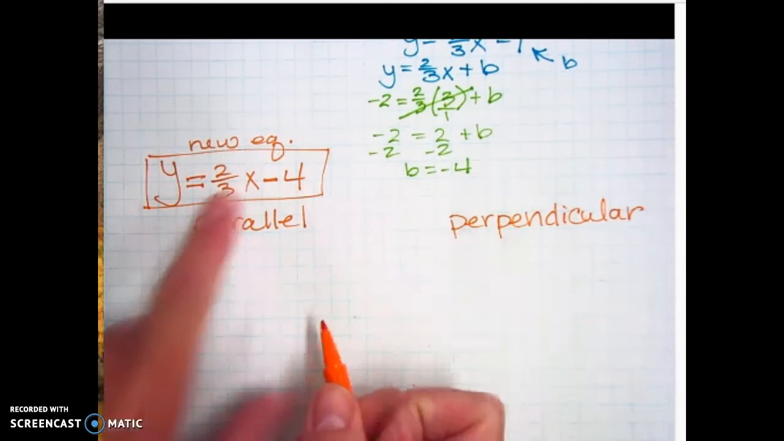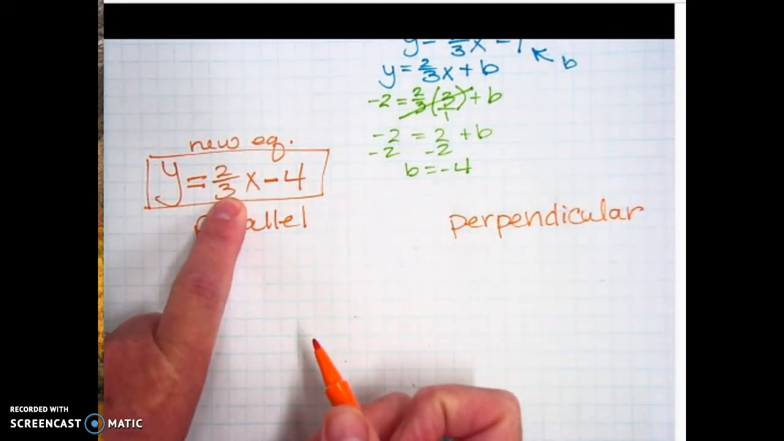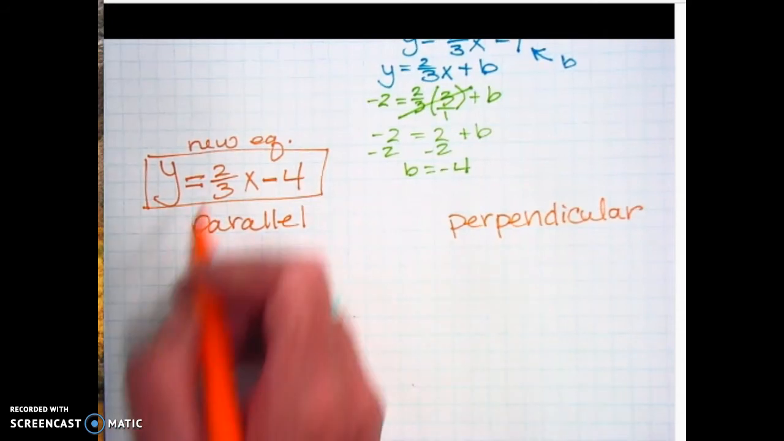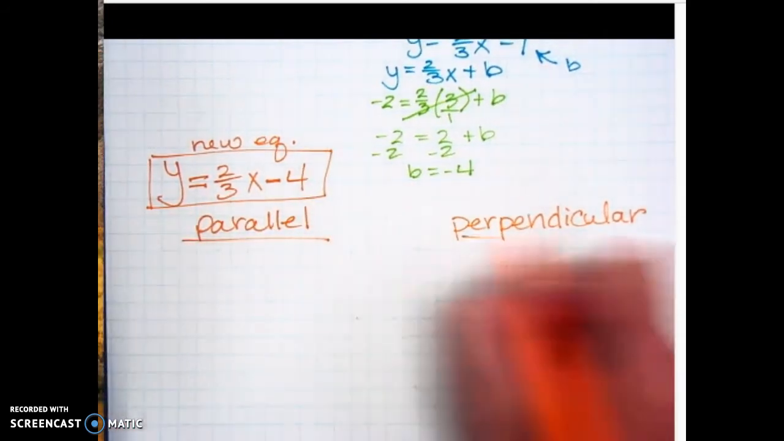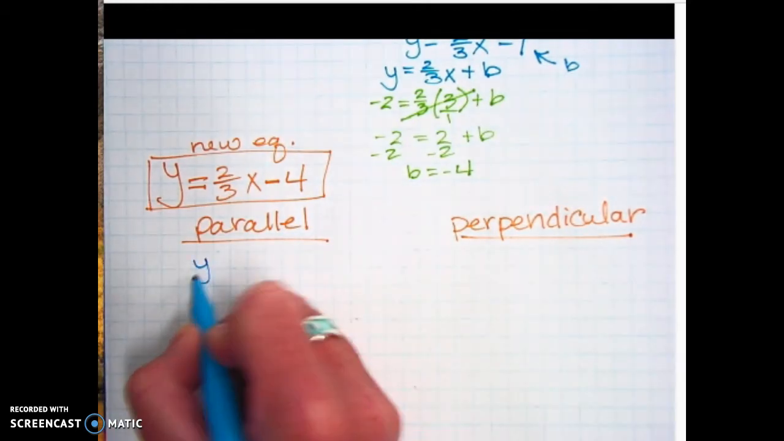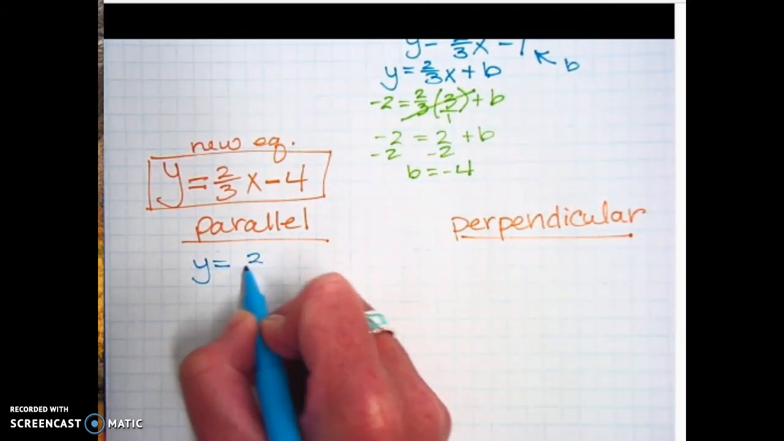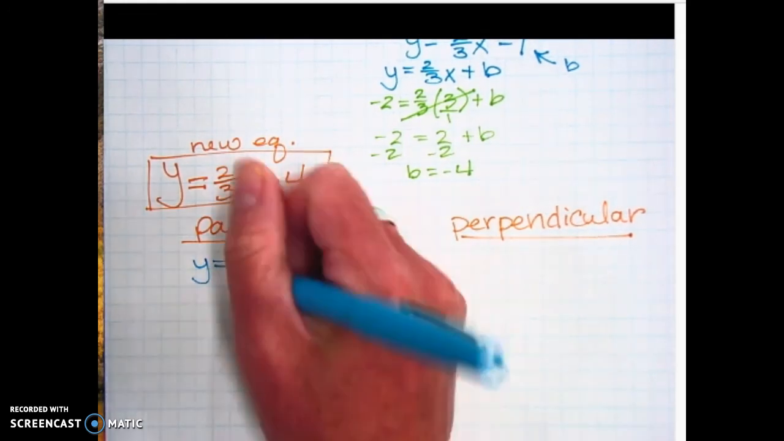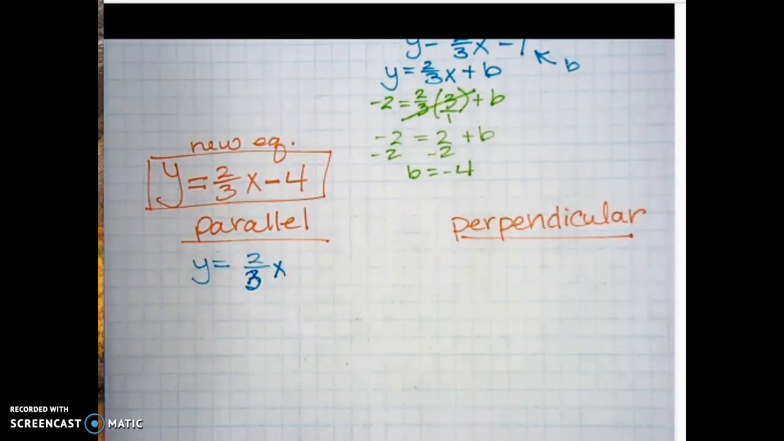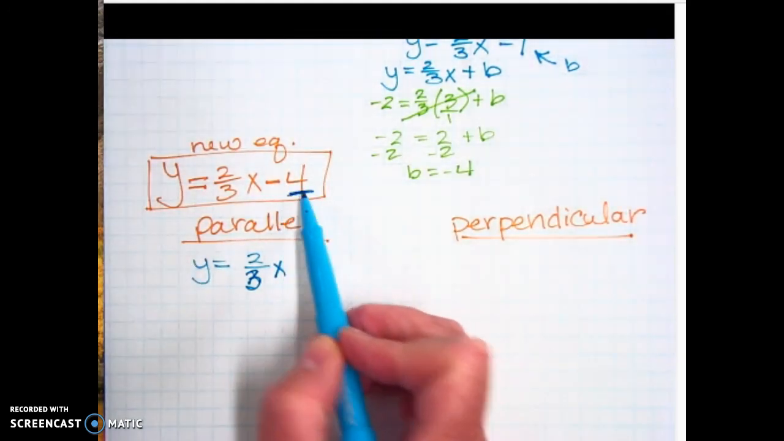Okay? So parallel, you guys told me, going to have the same slope. Right? So we need to come up with a line that has the same slope. So we're going to say y equals 2/3 x. Whoops. Got the wrong spot. And then you can change this to any number you want. You could say